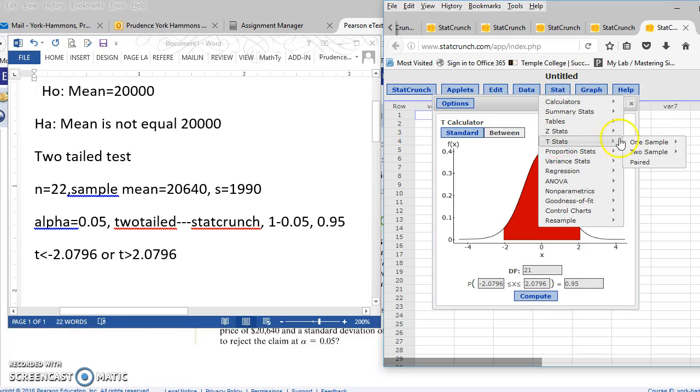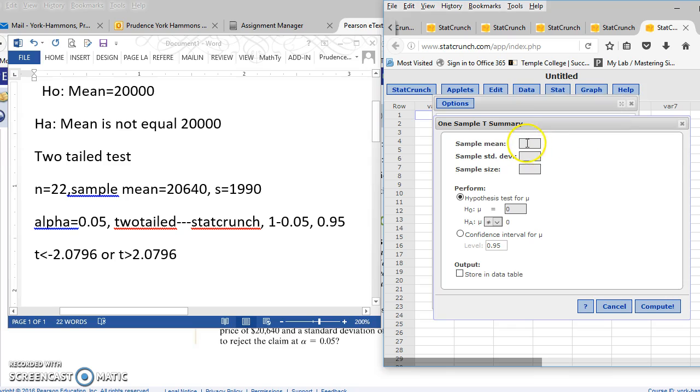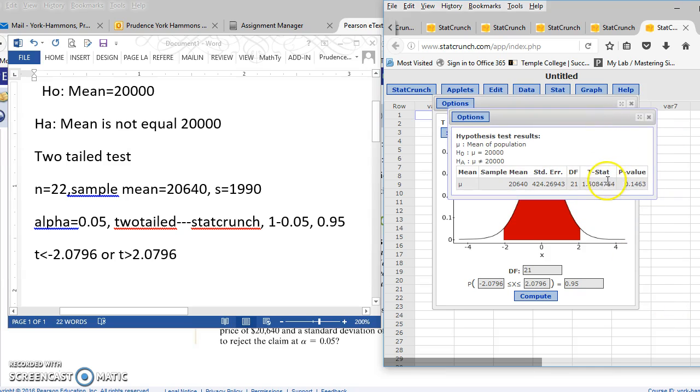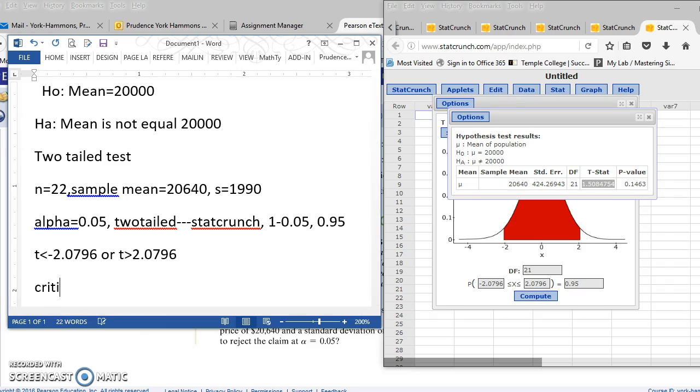We're going to do a t-stat, one sample with summary. The sample mean that they gave us from the 22 cars was 20,640. The sample standard deviation was 1,990. Our sample size was 22, and we're testing a mean of 20,000. And when we hit compute, it tells us that the t-stat is 1.0508. So our critical value, or our test statistic, I'm so